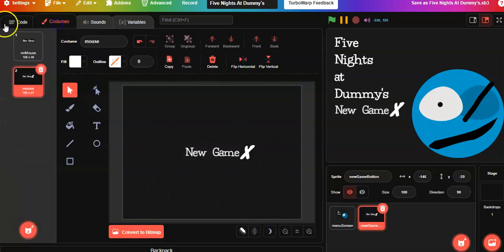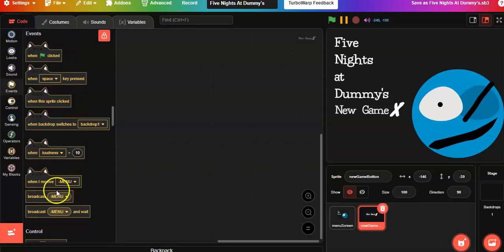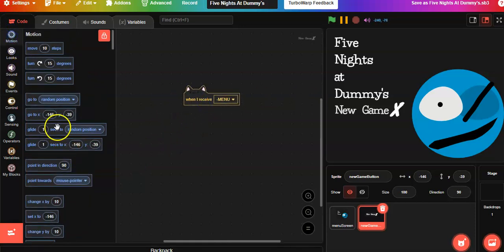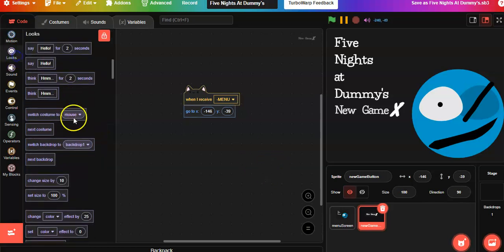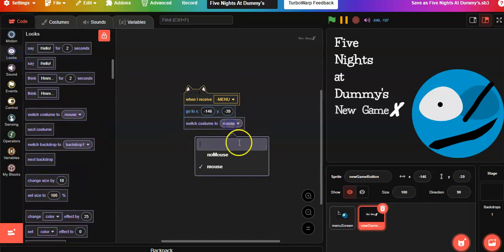Once you're done with the costumes, let's get ready. So when I receive menu, go to motion and go to X and Y. Make sure it's the same. If it's not the same, you've got to click off some things. Actually, my X is -146, so I'm going to put the same. Anyways, we're just going to go to looks, switch costume to No Mouse,